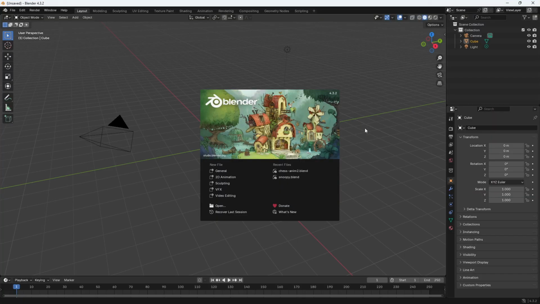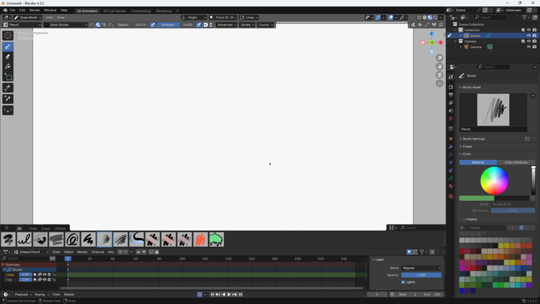All right, we're going to open up Blender 4.3.2, go to 2D animation, which brings up our grease pencil. If I start drawing with the mouse, I don't really like the line, so I'm going to undo that and bring up the strength to 1. I like that better. If I switch to my drawing tablet, though, and draw, I don't quite get what I